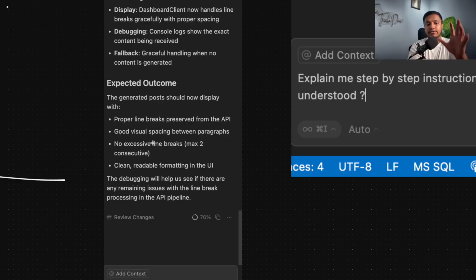Let's say you got 5 steps in the expected outcomes. Then you need to tell it that we will solve this problem step by step. Step 1, let's solve step 1, then ask me for step 2, then ask me for step 3. That way you always have control of what the AI or LLM is doing and you are not getting lost. This is very, very important, my friend.